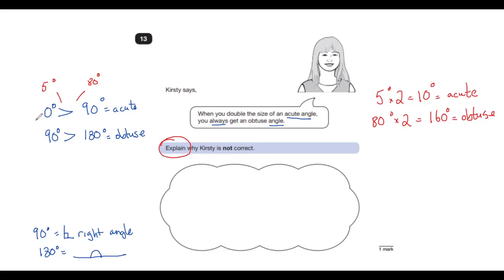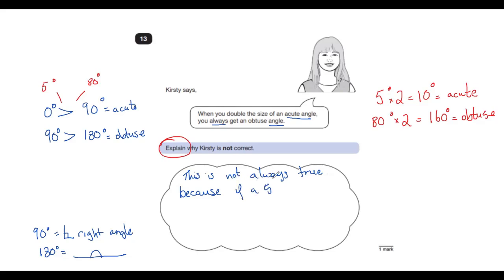So you could say that Kirsty is not correct, this is not always true. Now, if I left my answer at this, it would be incorrect because I haven't backed it up with evidence. This is not always true because